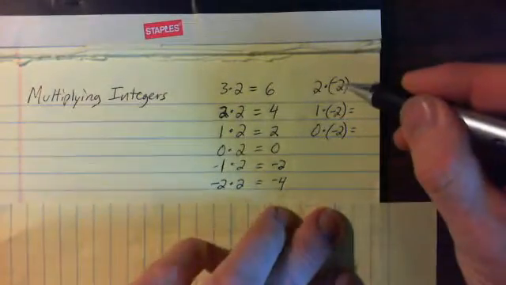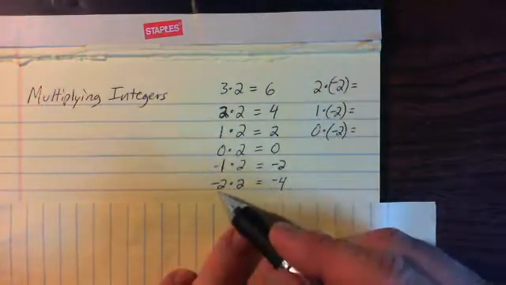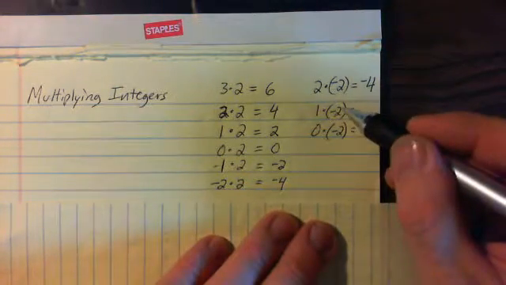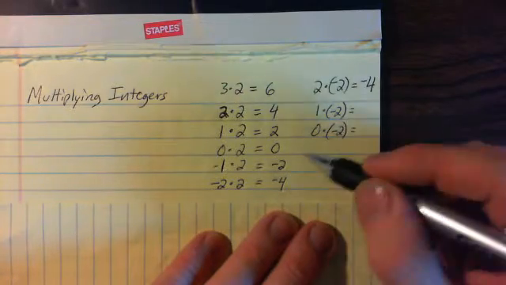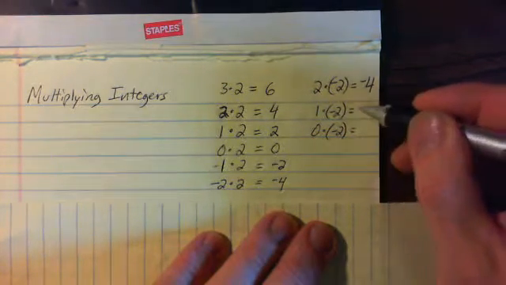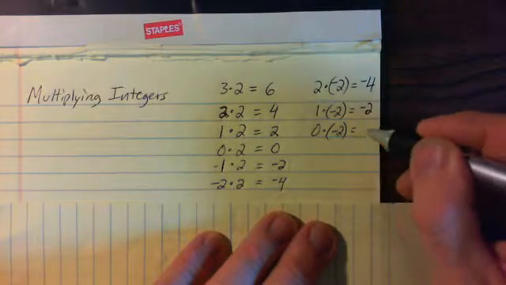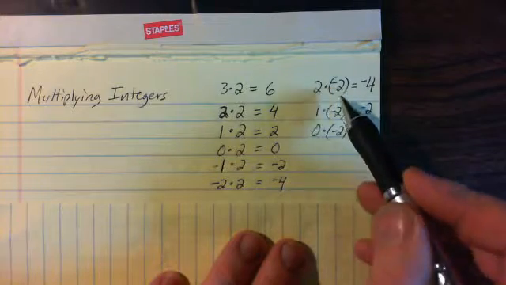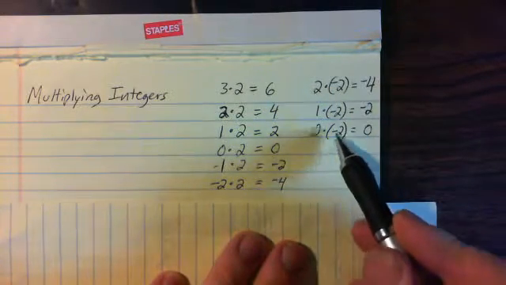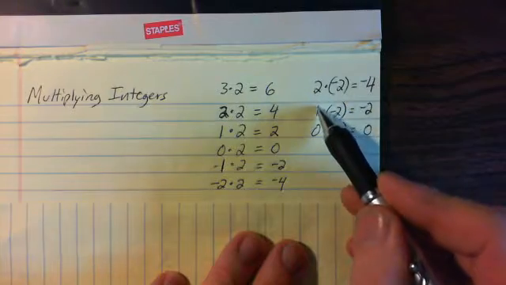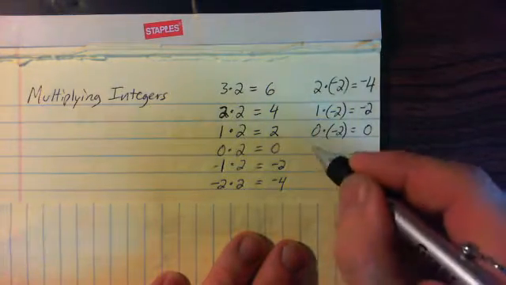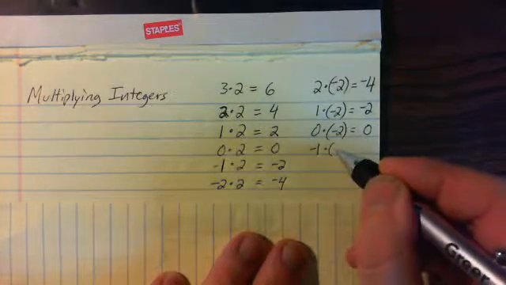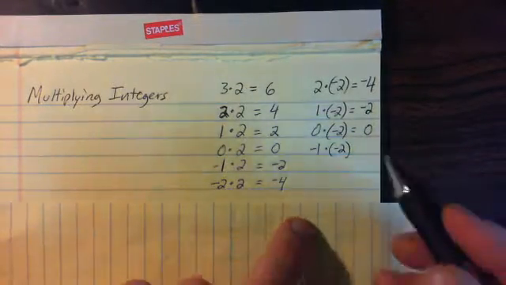All right, let's look at this pattern over here. 2 times negative 2. Well, we just said 2 times negative 2 is negative 4. Okay. 1 times negative 2. Well, we had a similar thing here, but you would suspect that would be negative 2. And then 0 times anything is 0. So let's examine the pattern. 2 times negative 2, 1 times negative 2, 0 times negative 2. So our first number is dropping, 2, 1, 0. So what's the next number after 0? Of course, negative 1. So if you have negative 1 times negative 2,